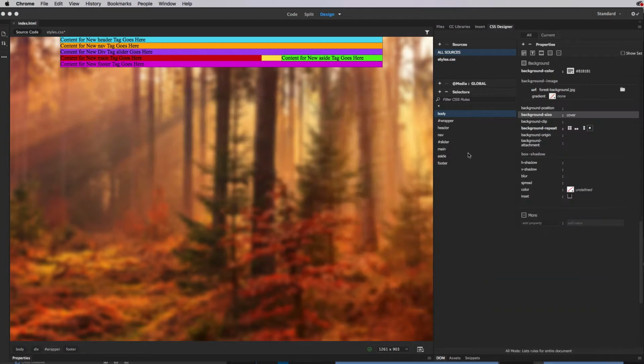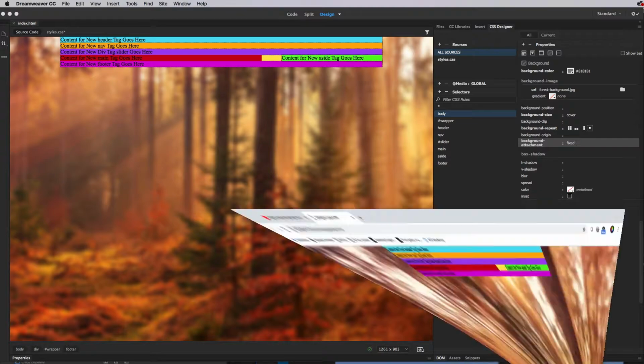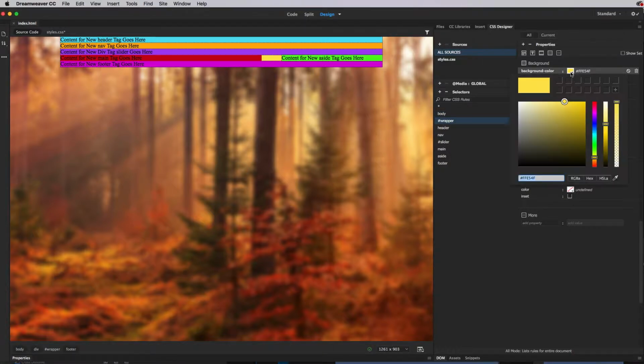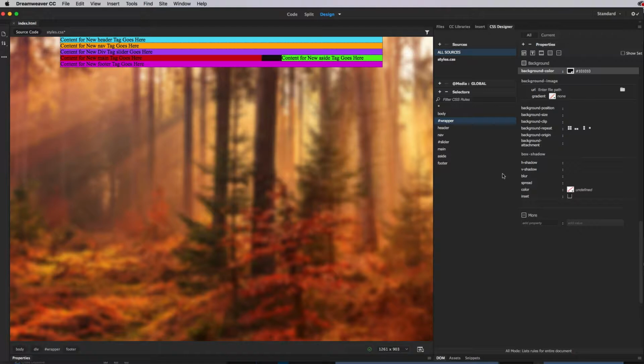I think if you try to do contain, maybe that's where it gets weird. But it doesn't hurt anything to come in here and try different settings. You can also do background attachment, where it will scroll with your site or it won't scroll as you scroll. I actually like it when it doesn't scroll, so I'll do fixed. All right, let's see, I can't scroll, so I can't really see how that works, but yeah, okay. So let's go through and start getting rid of, I want to make the wrapper black, but